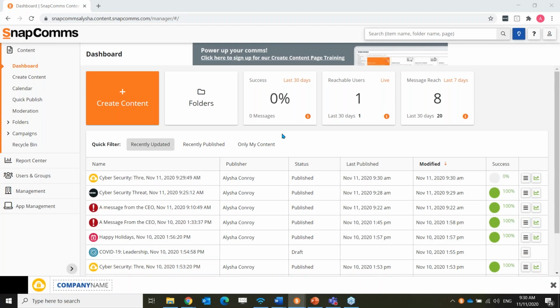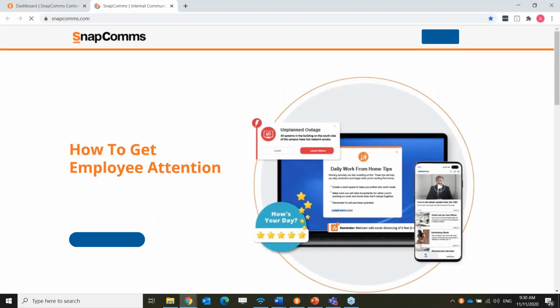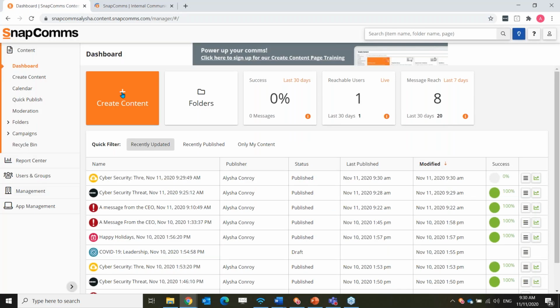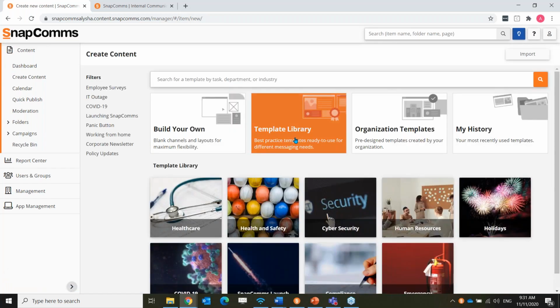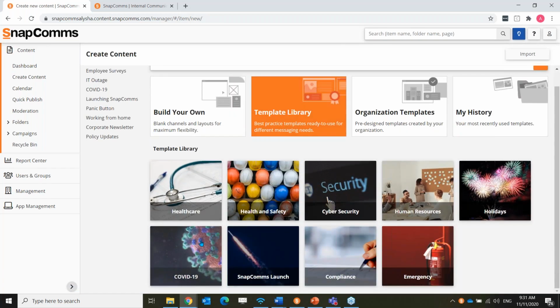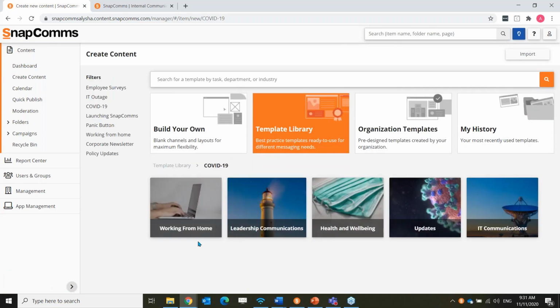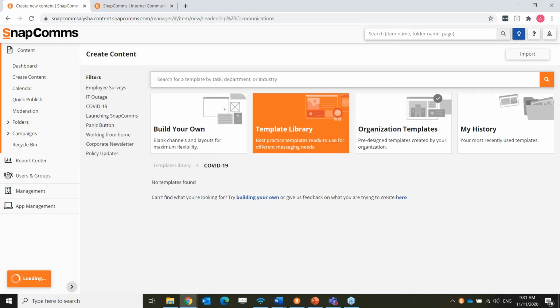Here comes my ticker. As it scrolls across the screen, again, the user can click on the URL. And there's my ticker. Exploring this further, I'm going to go into our very popular COVID-19 updates, into leadership communications,